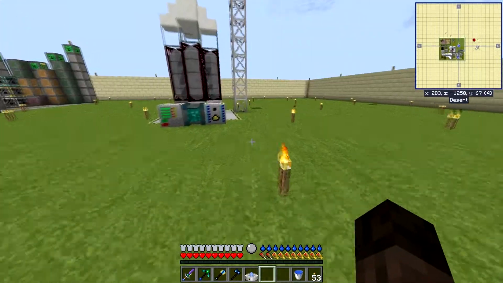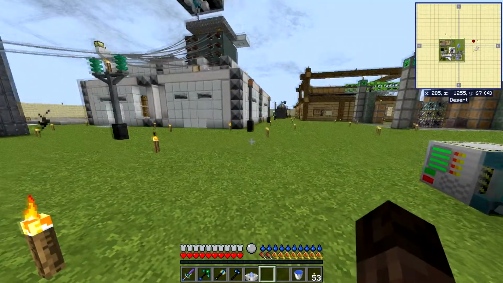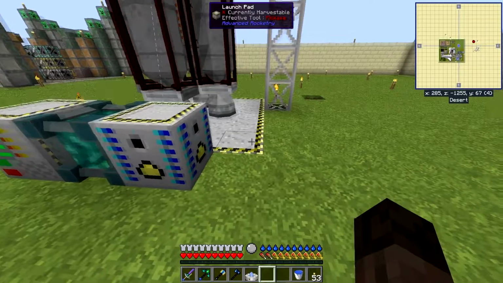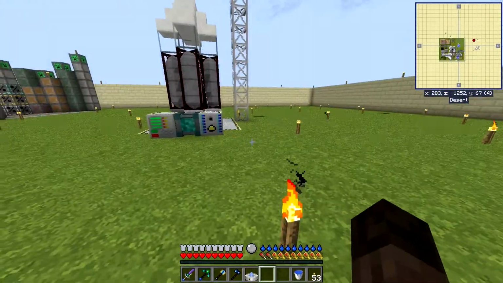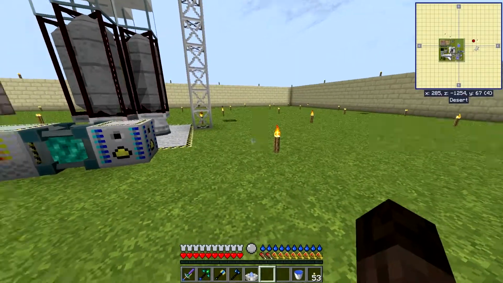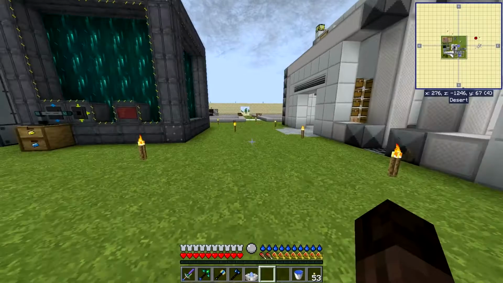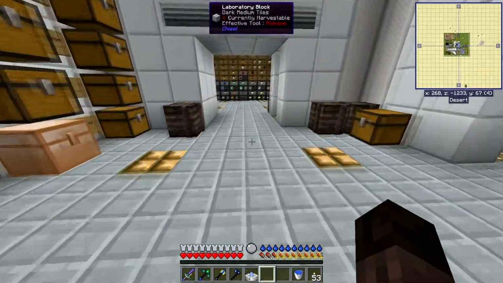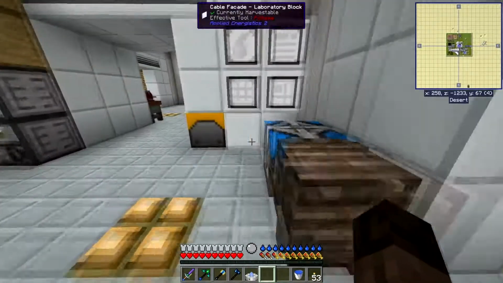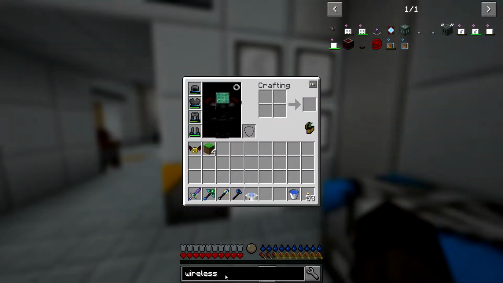But to do that, we're going to need a heap more launch pads, and like I mentioned a few videos ago, we need yellow and black dye to really make what we need for them. And we don't really have a way to automate that yet. So we're going to need to get black dye, or squid ink, and yellow flowers. So if we look up